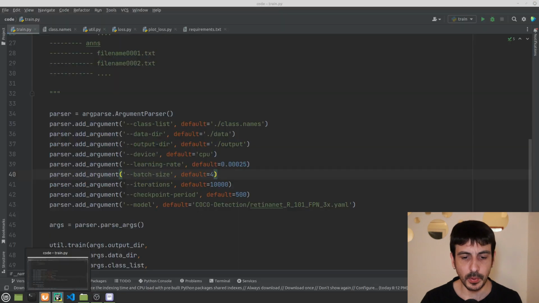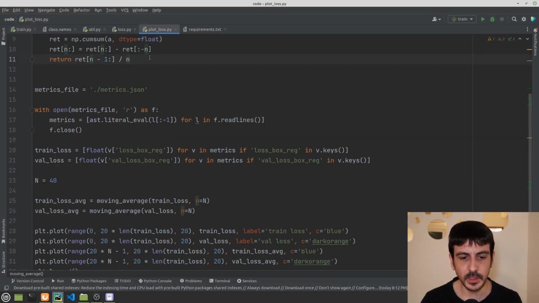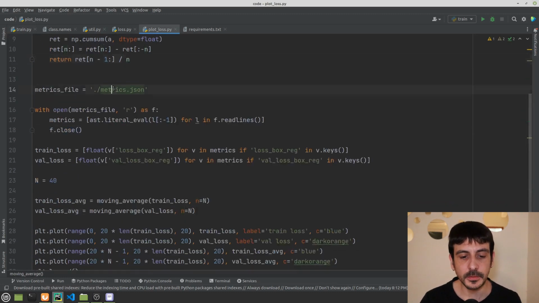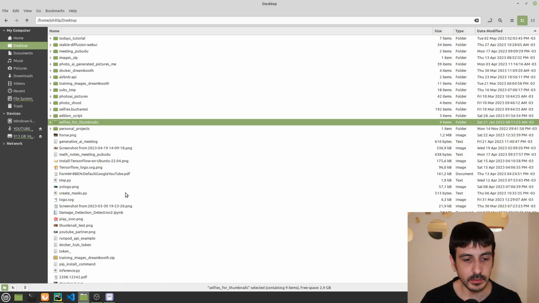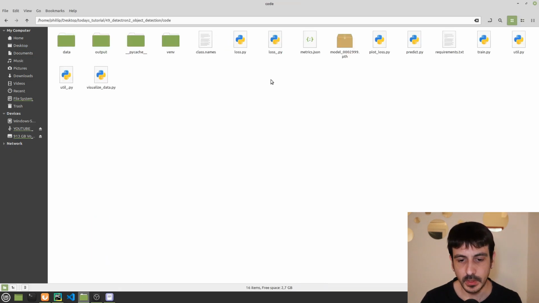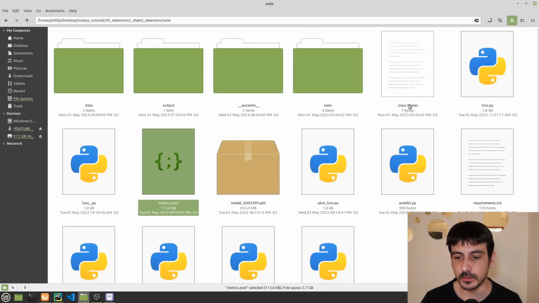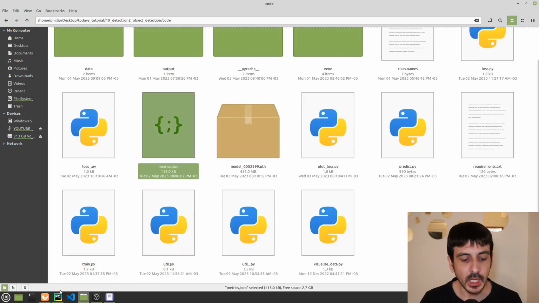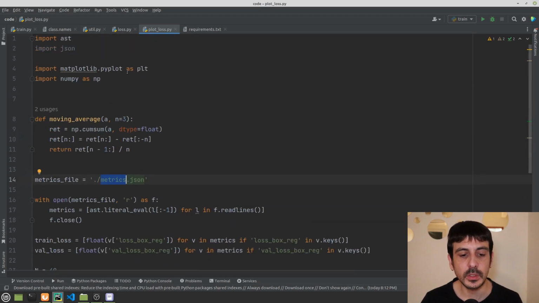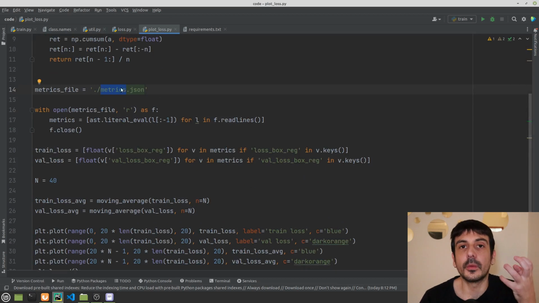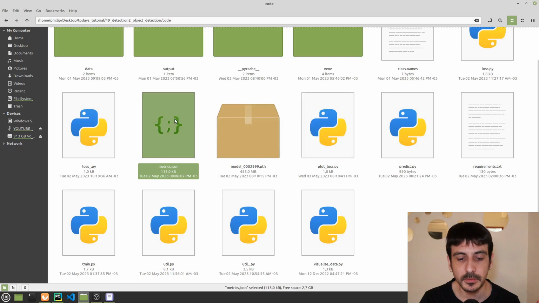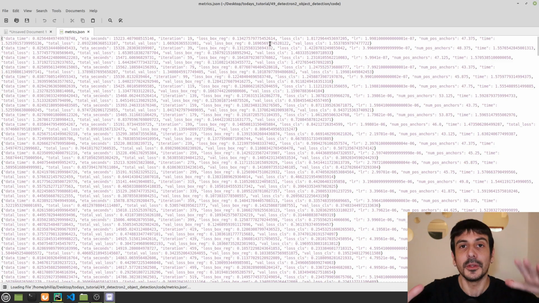And now let's go to PyCharm because I want to show you this file, which is plotloss.py. So I have already downloaded this file and it's in my directory. Let me show you today's tutorial, Detectron2 code, and this is my metrics.json file I have just downloaded. And now if I show you this plotloss.py, basically what we are doing over here is parsing through this file, right? Parsing through all the information we have in this file. Let me open this file for you so you can see exactly how the information looks.